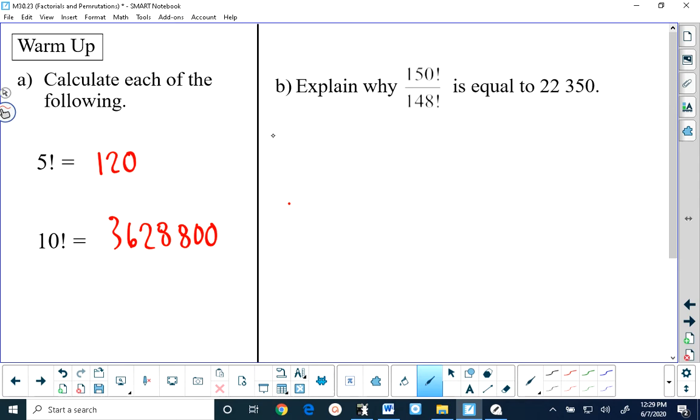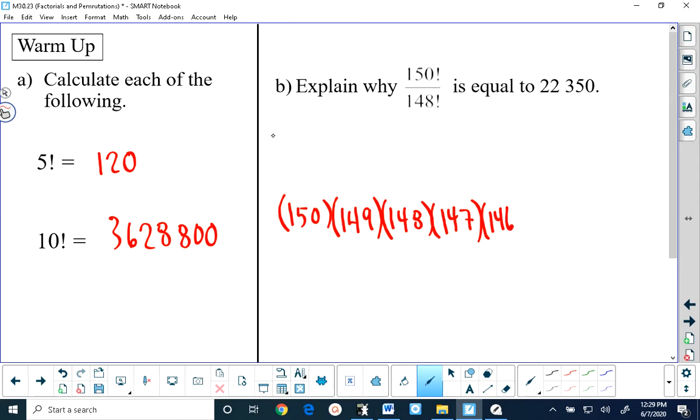So what we're going to do is start expanding 150 factorial. 150 factorial means we're going to take 150 multiplied by 149 multiplied by 148 multiplied by 147 multiplied by 146. I'm not going to do all of these. Multiplied by eventually 3 times 2. And I know that we don't need to write the number 1, but I like to put it anyway. Now this is over 148 factorial, but this